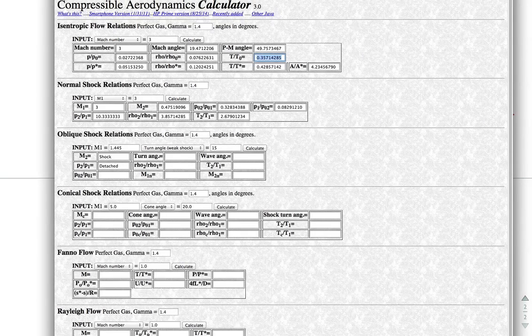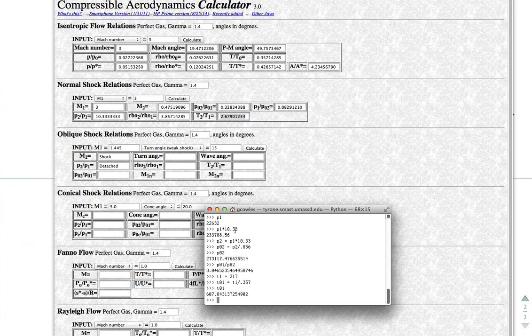Let's go back to the normal shock relations. Temperature jump 2.67. Come back here. T2 equals 2.67 times T1. So the temperature of the parcel behind the shock is 579 degrees. So it's hotter behind the shock. That's the temperature behind the shock of the actual fluid, but it's still moving